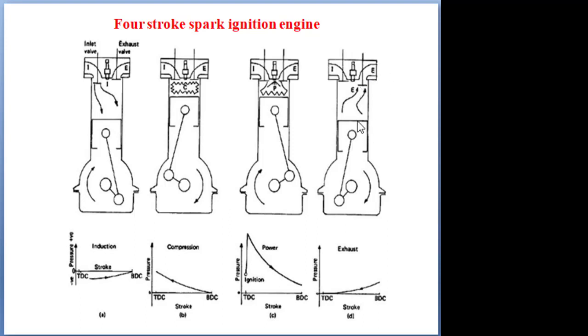The remaining exhaust gas we throw out by the piston moving from bottom dead center to top dead center. So this operation is called scavenging, cleaning of the cylinder. What is the purpose? We throw out the remaining exhaust gas because we want to take in fresh gas again and start our cycle of operation again.